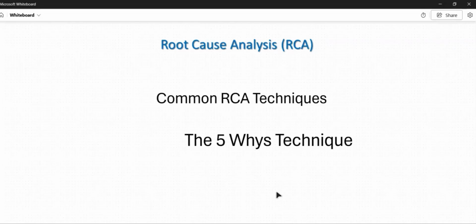The idea is very straightforward. Whenever a problem occurs, we repeatedly ask why until we discover the actual root cause. Although it is called the 5 whys,